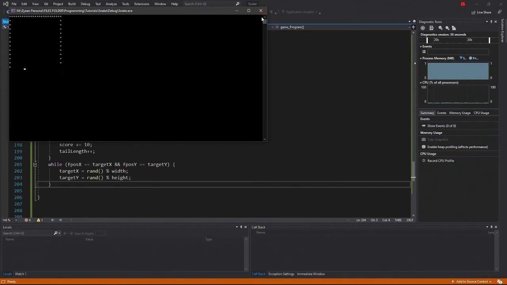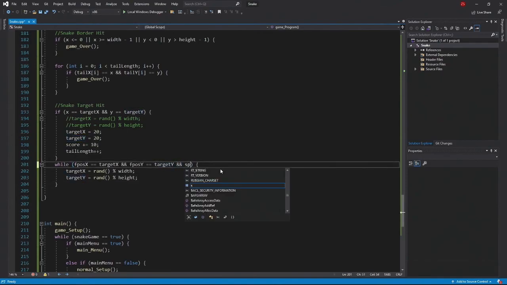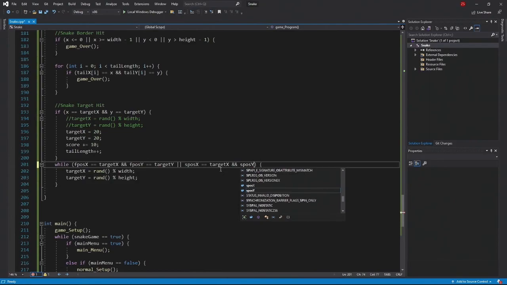Why does it end game when I... for some reason I can go left and right. Alright, well, that's another thing I need to fix. So in here, that means I do need to do my spos. My second position, x, if it equals to target x, and, well, or my second position x is equal to my target x, and my second position y is equal to my